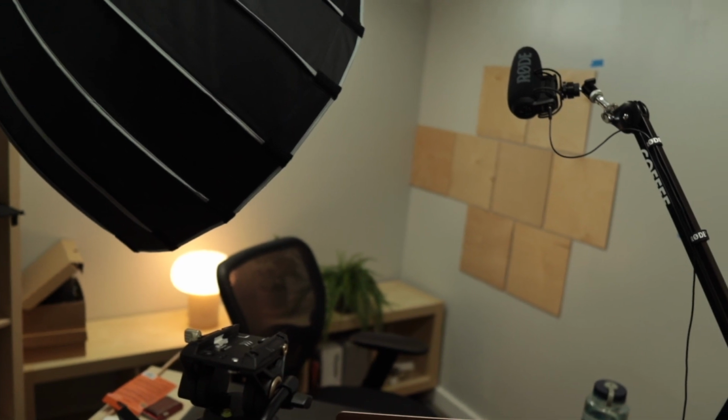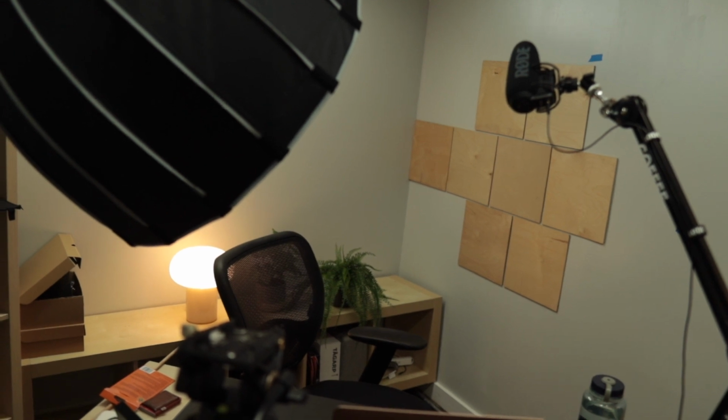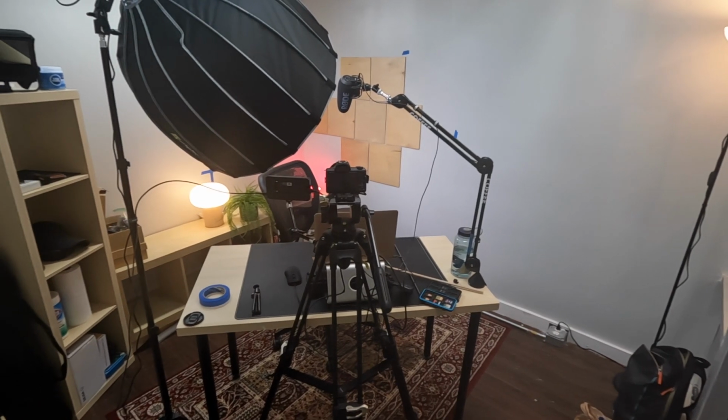As for the feature wall, I only brought about 50% of the tiles that I plan on using here because I just wanted to see if it would look good before I commit. At this point, I'm convinced, and as for the rest of the office, it's still pretty messy, and I have to fight that inner perfectionist not to keep going, keep tinkering,